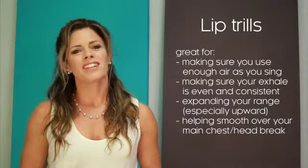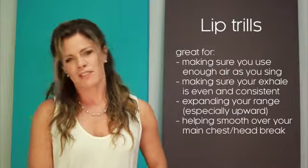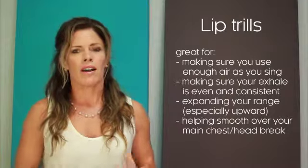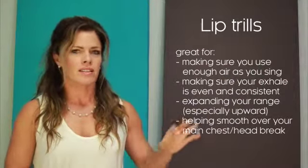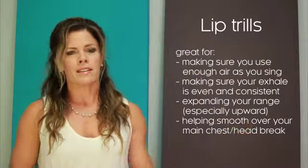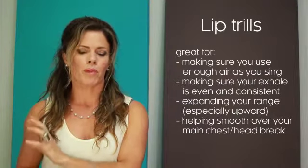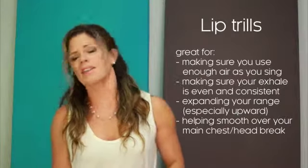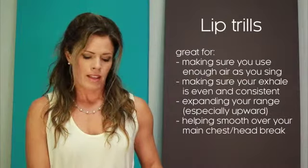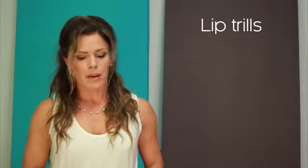So, what is this not good for? Here's the things that no one ever told me. I had to figure this out. So if you are a heavy pop belting singer, if you are a hard rock singer, this exercise is not going to hurt you, but it's not going to help you build the skill with the heavier weight of voice that you are going to want. So I'm not going to say not to use it. It's a great first warm-up, and it's a nice light first thing. I still use it pretty much with almost everybody, even heavy singers and including myself,